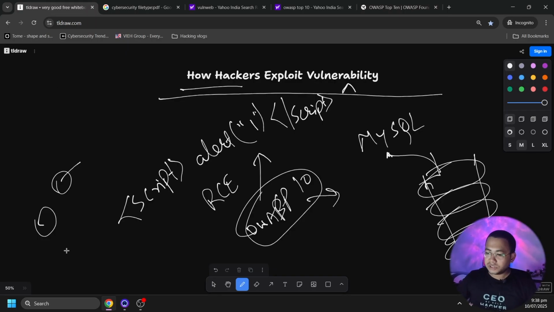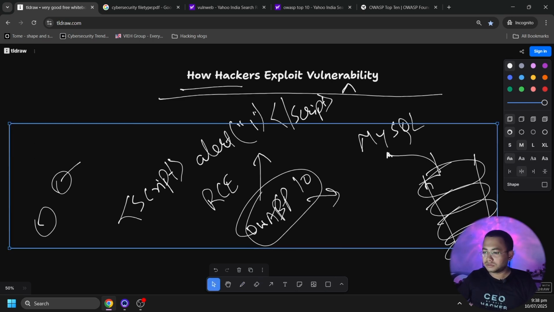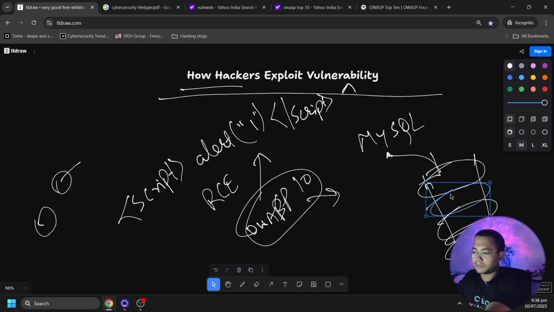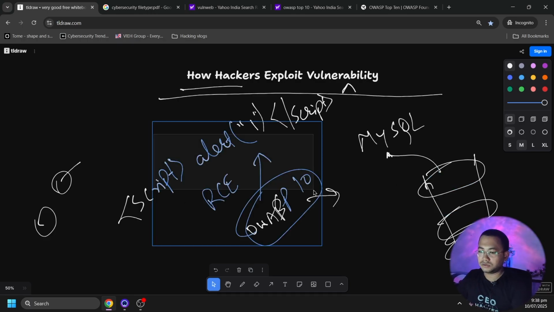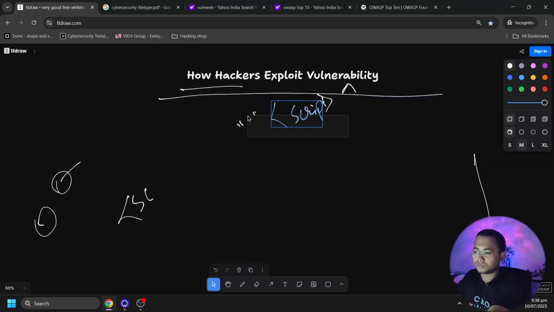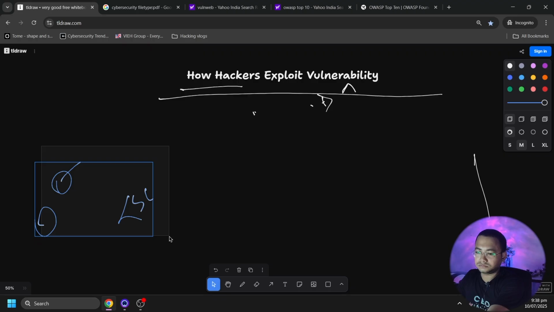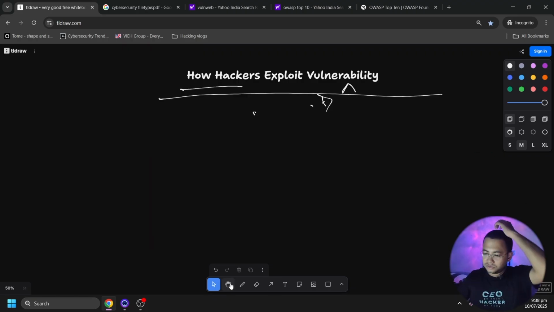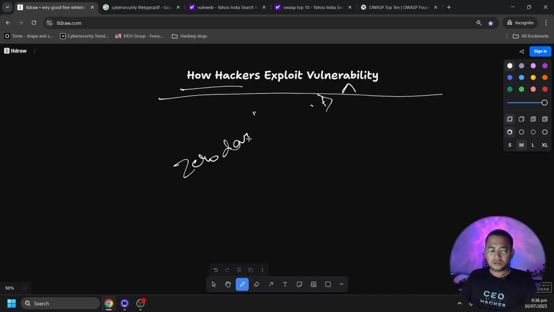Then there might be a zero day vulnerability which hackers probably use. So this is what zero day means: hackers take advantage of a vulnerability that not a lot of people are aware of, right?